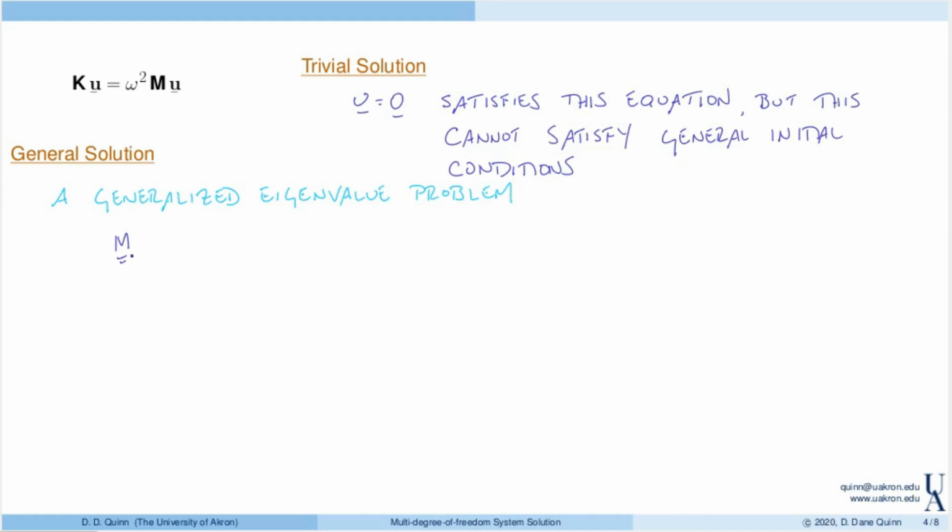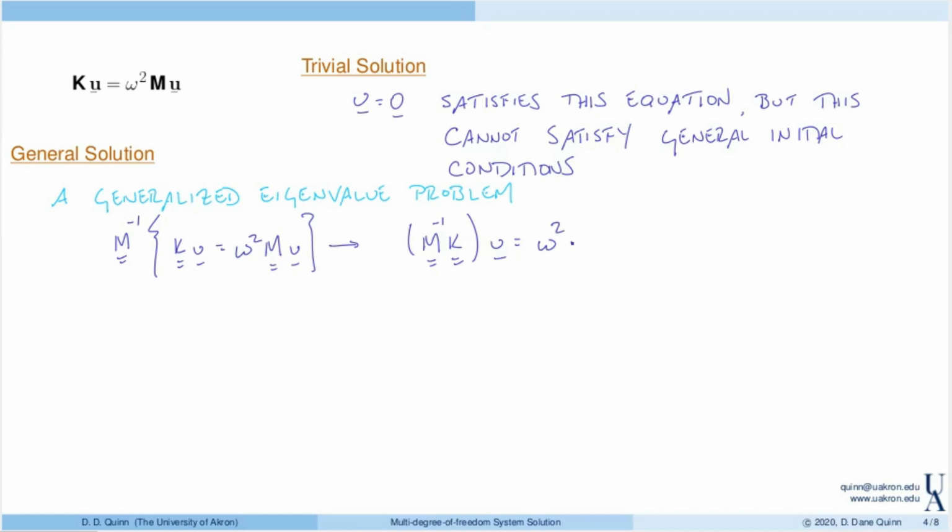Let's take this equation and multiply it through by m inverse. When I do that, the left-hand side becomes m inverse times k times u equals